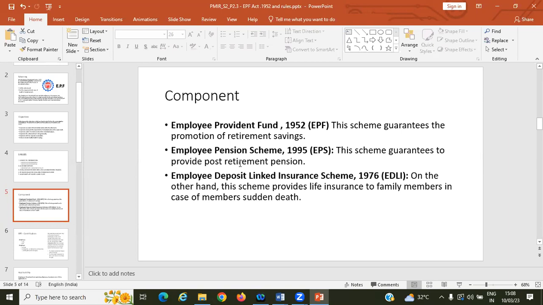And why it is EPF, Employees Provident Fund. If it is public, general public can open a Provident Fund account, then it is PPF, Public Provident Fund. EPF and PPF. There are two types of Provident Fund introduced by Government of India. We started the benefits and we started the features. We studied the percentage, how it is calculated,